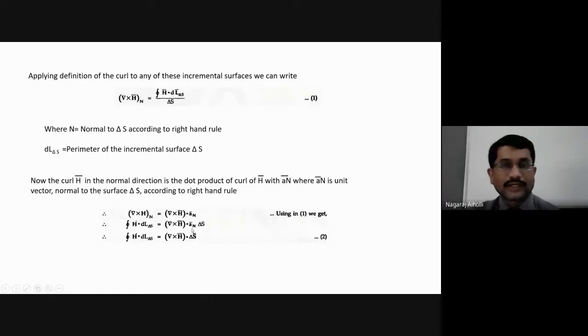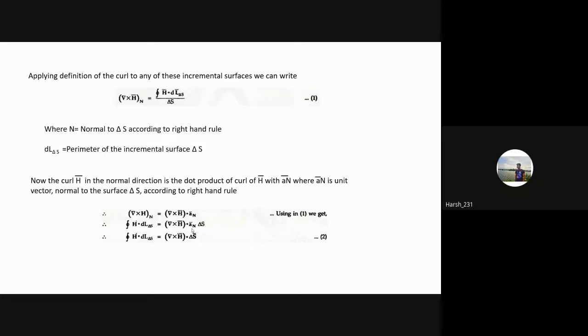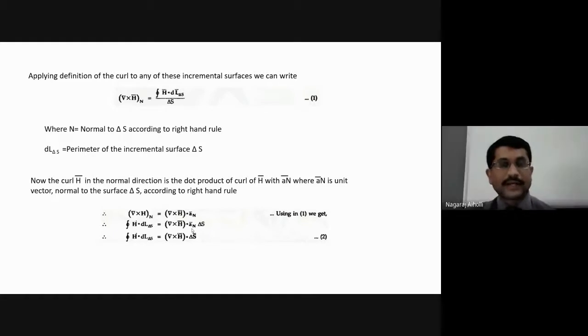What is the magnitude of a unit vector? Sir, vector divided by its magnitude, sir. Correct, that is the equation, but what is the magnitude of the unit vector? The unit vector magnitude is 1, is it not? That is why we call it a unit vector. The reason we call that vector a unit vector is that its magnitude is 1.